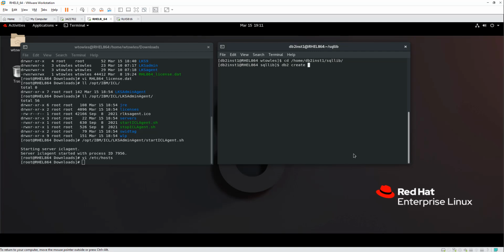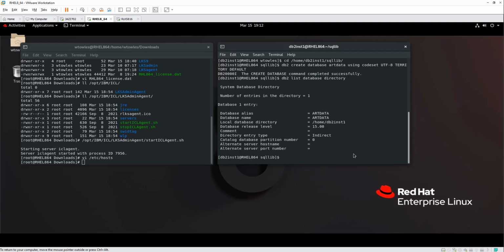create.db2 create database art data using code set UTF-8 territory default. And now that our database is created, let's go ahead and make sure by listing the database directory. And there's our database. So now that we have our reporting tool installed and our database is created, let's go